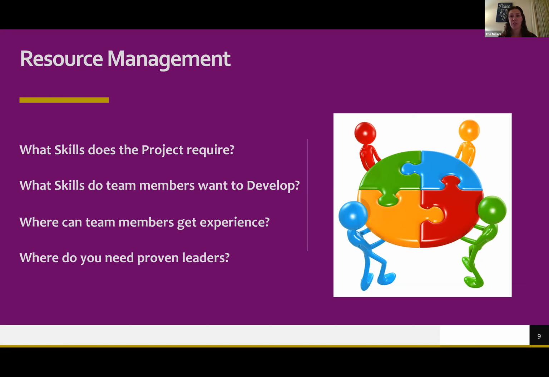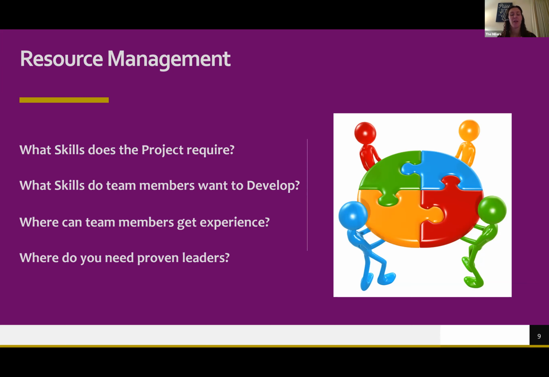As far as where you need proven leaders, that can be a sticky point in a chapter. And like I just mentioned, I have someone who I really need a proven leader in that spot right now, but he's assigned to it and it's not going to be taken away from him, right? Because even though the project is going sideways and it has a different scope than folks thought when he was assigned to the project, he is my tech lead. And so as a president of a chapter, you don't get to choose your entire executive committee. You're in the same position, right? As an officer in the chapter, you don't get to choose all of your committee members.